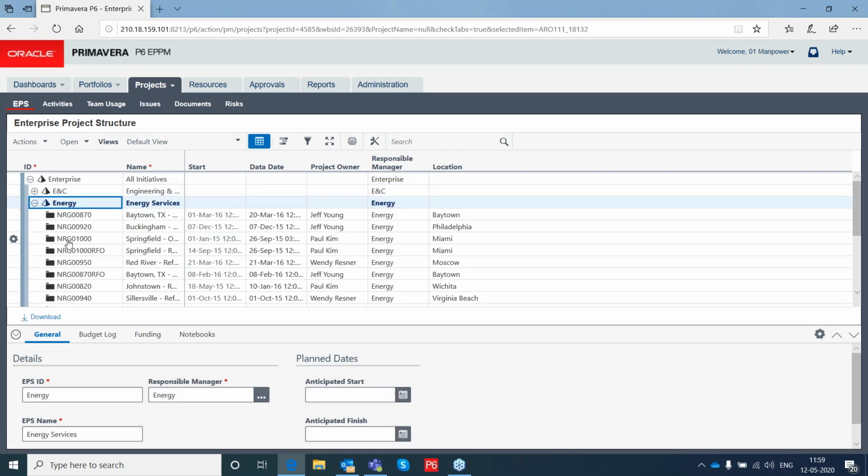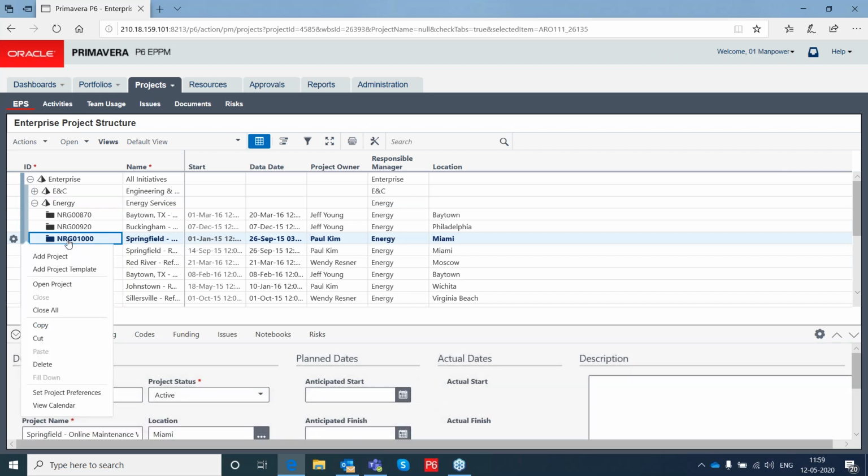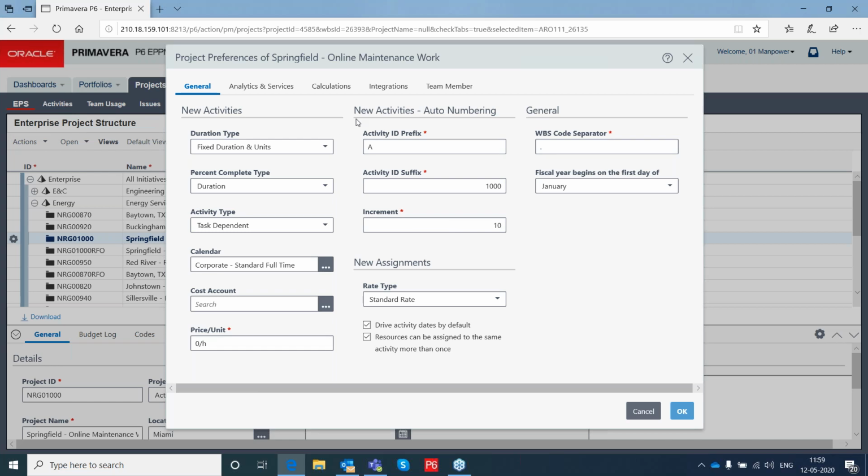Let's take an example project here. You can see here, right? So basically in this, which rate type to be applied, right?